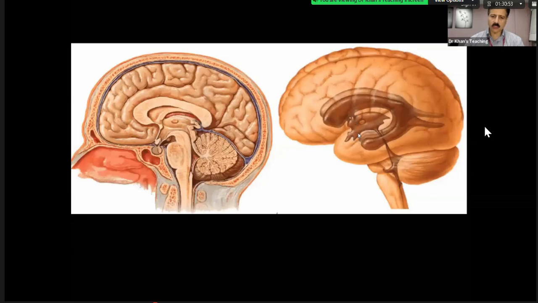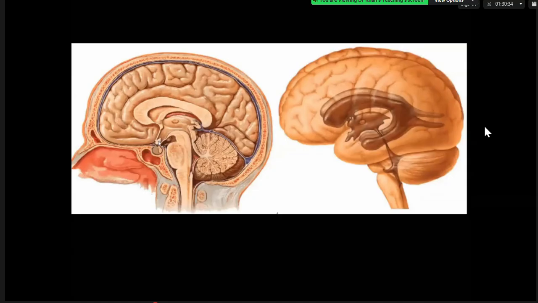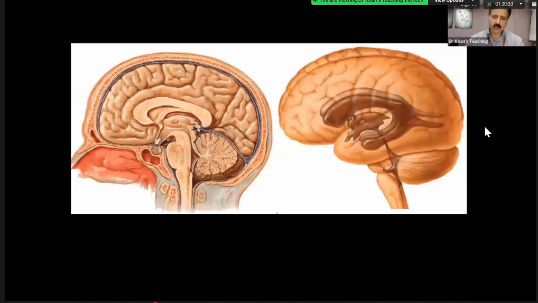which is the third ventricle. And the third ventricle has got recesses. This recess, if you see here, this is the infundibulum. This recess goes inside, so this is the infundibular recess. And this recess, which is anteriorly, this is the chiasma, so this is the chiasmatic recess. And superior to the pineal is this recess. So the pineal is sitting here where I'm pointing out. Superior to that is the suprapineal recess.